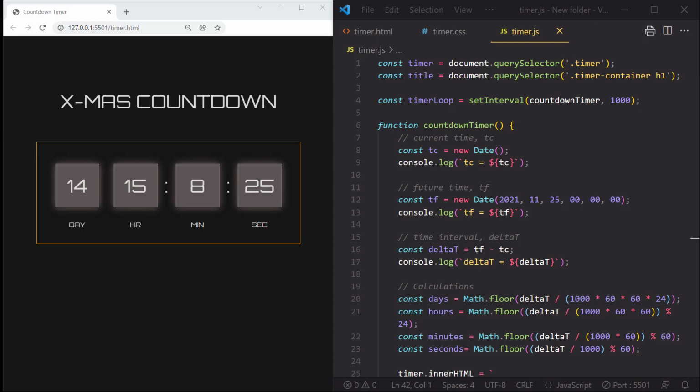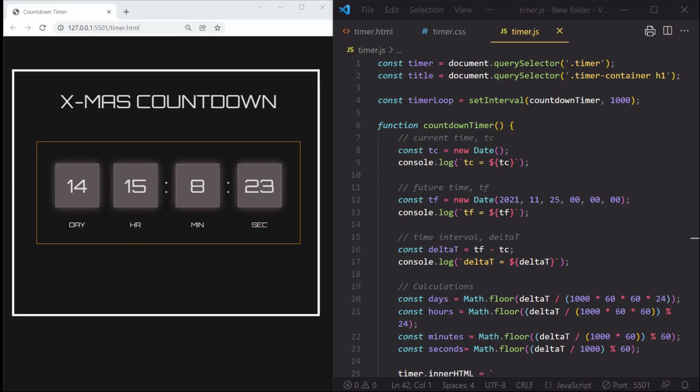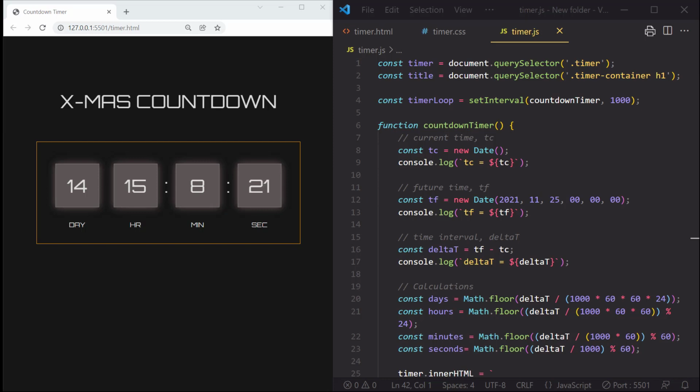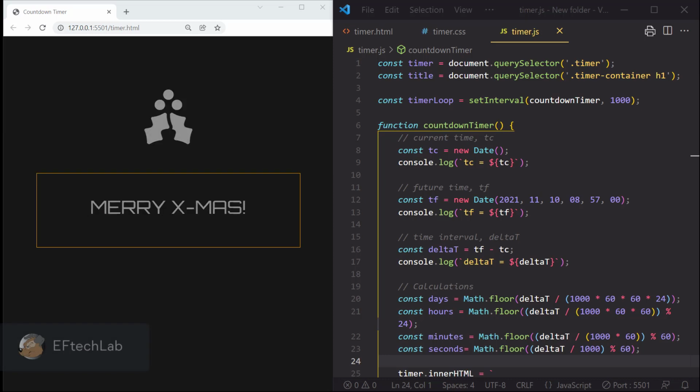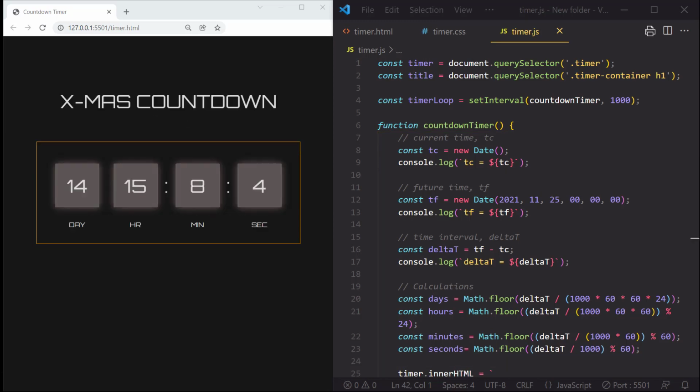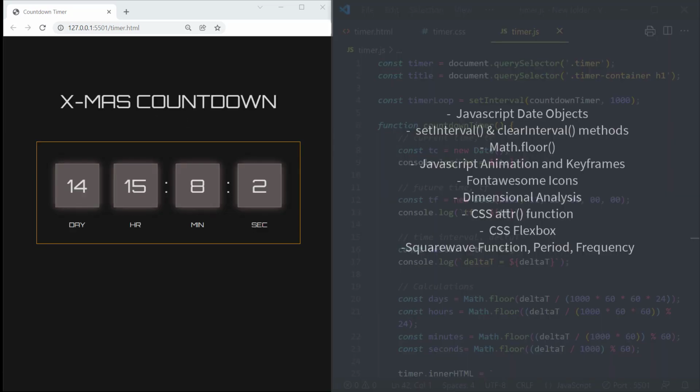In this JavaScript project, we will be building a countdown timer based on the JavaScript date objects. So the way that it works is that we set the date when we want the timer to stop. The timer then starts counting down, and when it reaches the set date, then it triggers an event. This is going to be a simple project, but you will learn things like how to use the JavaScript date